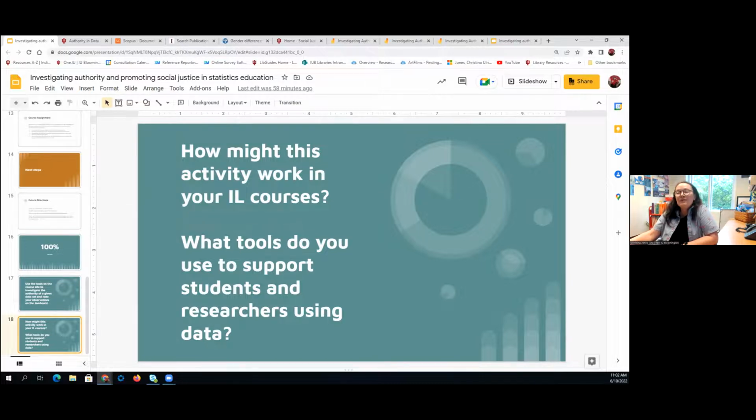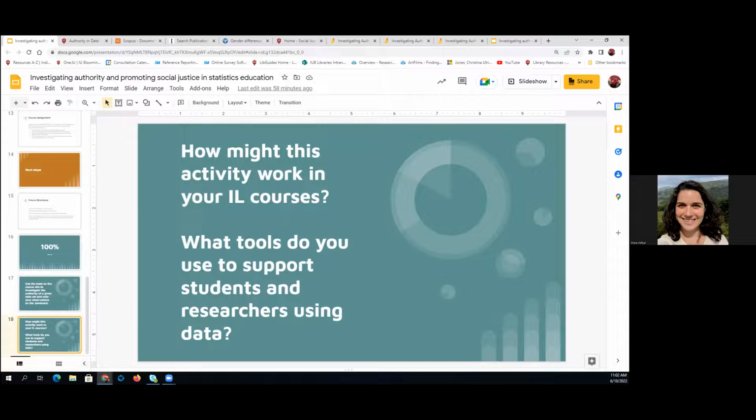Are there any tools that you would recommend that I didn't put on our research guide? I'll just jump in and say, I personally don't teach. I'm the STEM librarian at my university. I don't teach a lot of statistics classes, but certainly going forward, I'll think more about framing using data in a different way after hearing the talks.